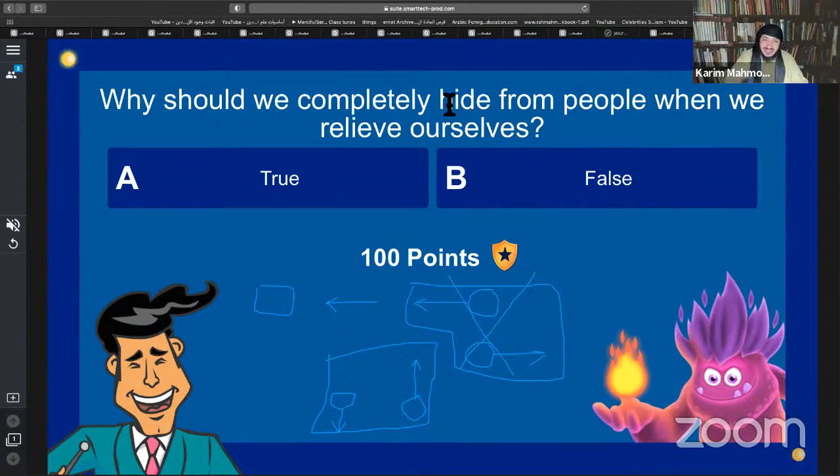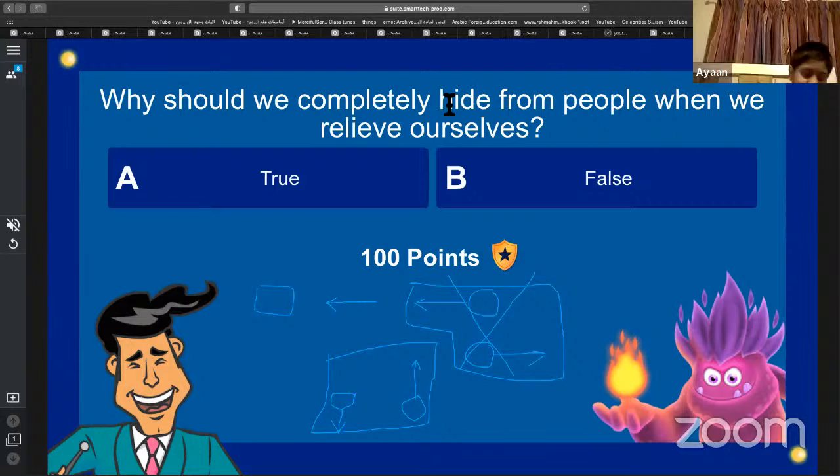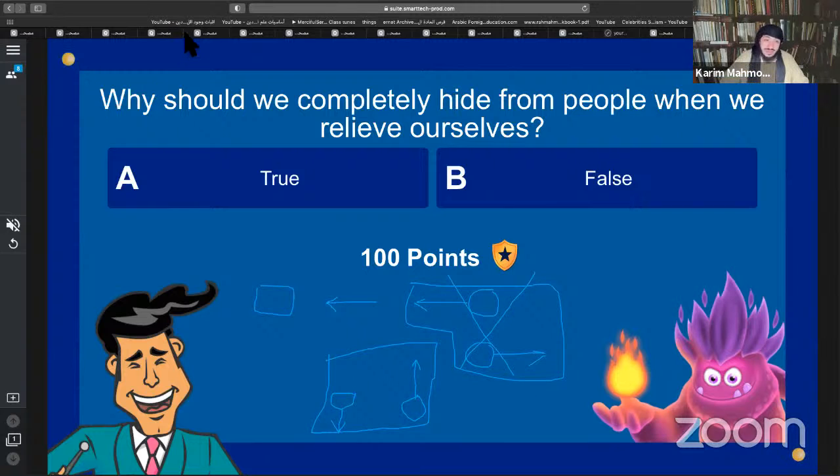Okay, yes, Ayan. What is it? The Prophet Muhammad sallallahu alaihi wasallam. Yes, he used to do that. When he would use the bathroom, he would go very, very far away from people and he would hide, right? So nobody can see him ever when he is using the bathroom. So we should always do the same, right? And that's why